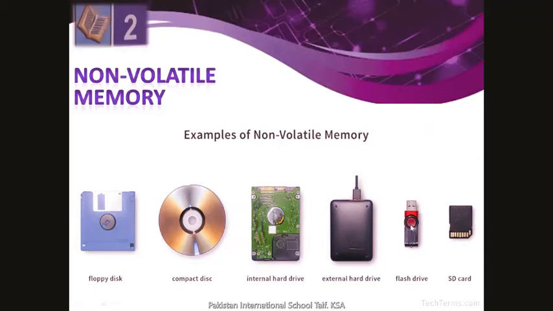This is flash drive, USB and data traveler. This is also a non-volatile memory and it is used to hold your data for a specific time period. You can copy your files and take the backup, and then you can move your data from one computer to any other computer. And the same as we have the memory card, SD card. So it is also used to save your data permanently. And all these are the types of non-volatile memory which is used to hold your data permanently.